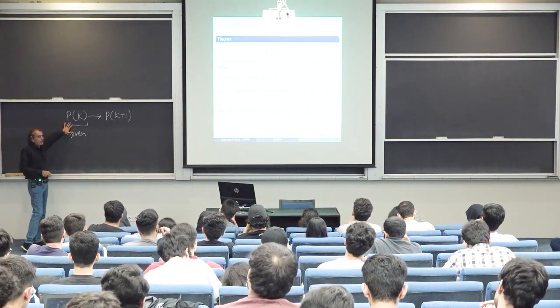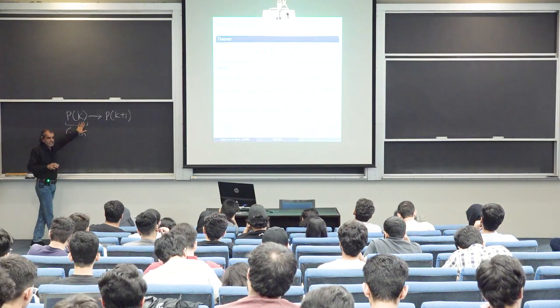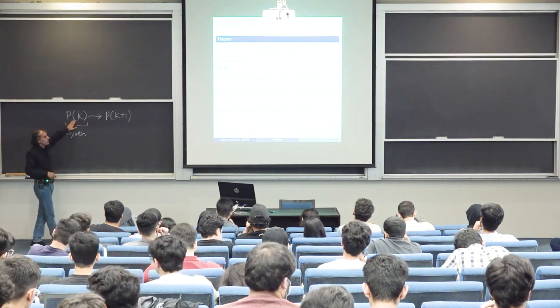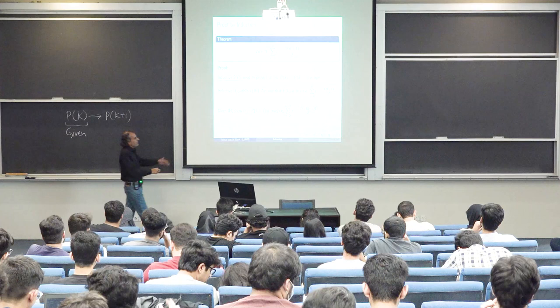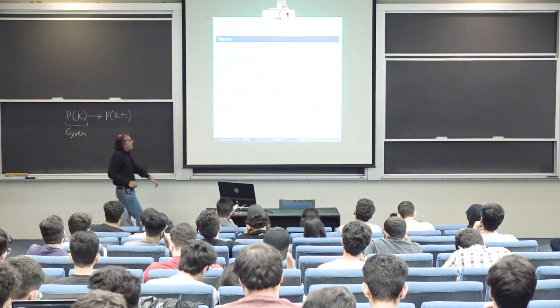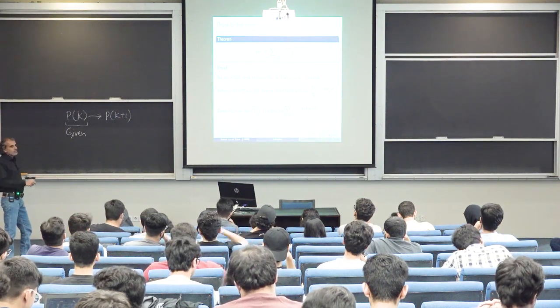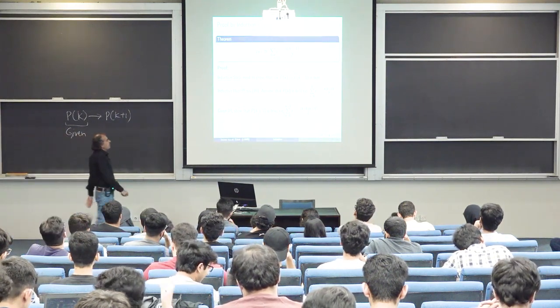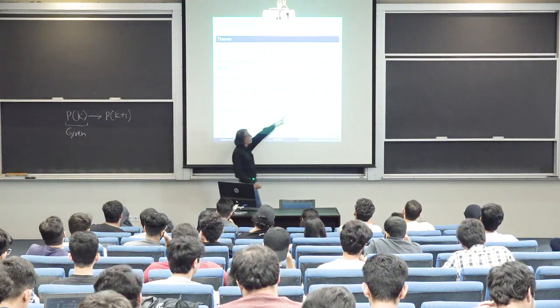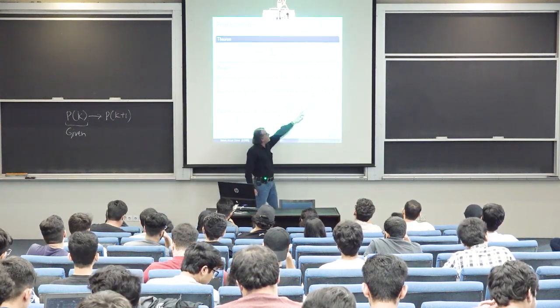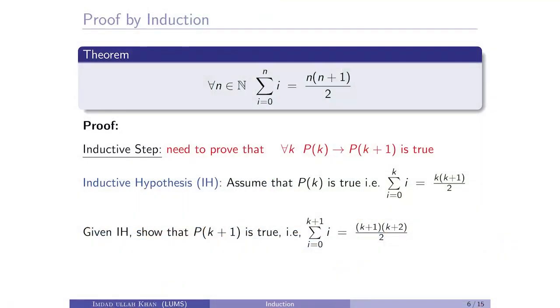okay, and because this is an implication, we don't need to establish Pk in itself. This is given. If this thing is true, the only task which is left is that we have to establish Pk plus 1 is true. So because we are plugging in k plus 1 over here in place of n, on both sides n will be replaced with k plus 1. So on the left hand side the loop will be running from 0 to k plus 1, and on the right hand side all places where n was previously in the original statement will get substituted with k plus 1, right. So this is the kind of shape we want to prove.